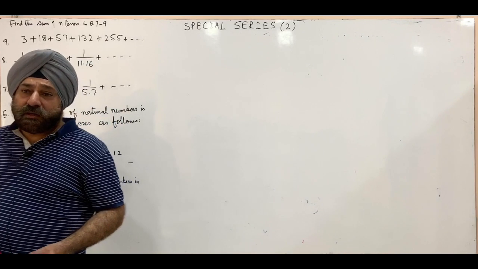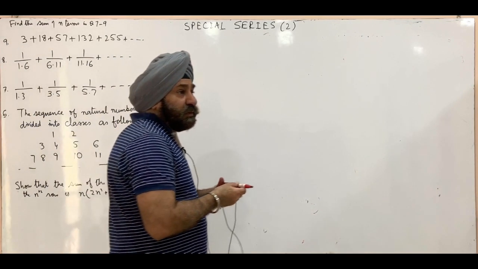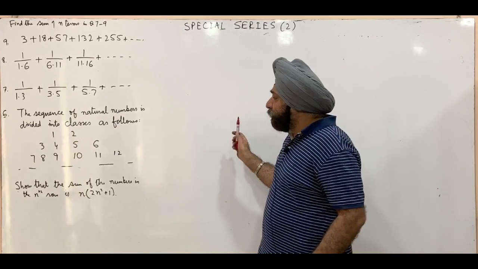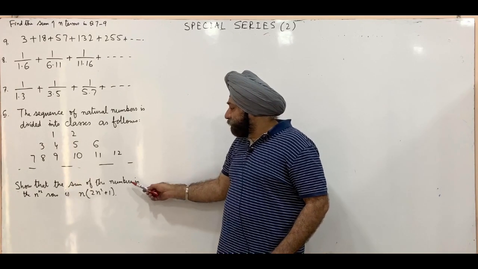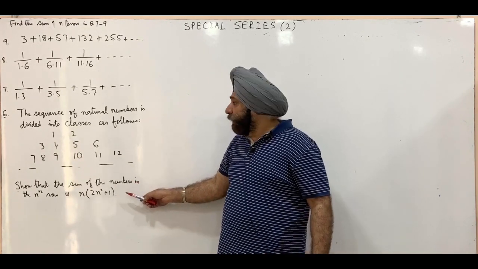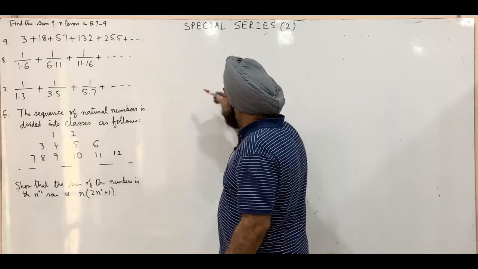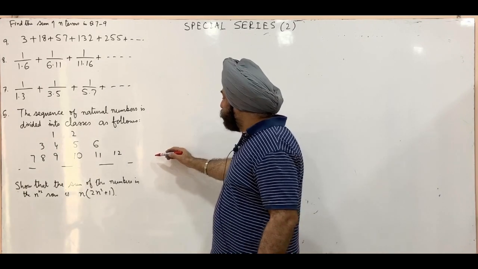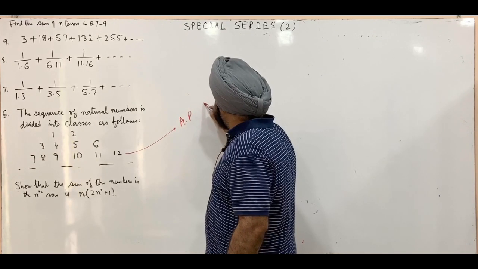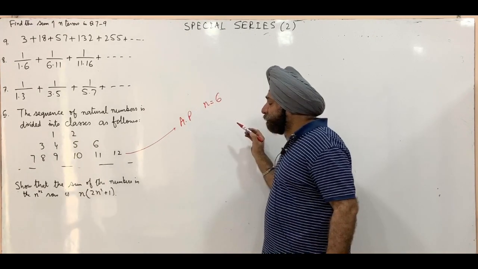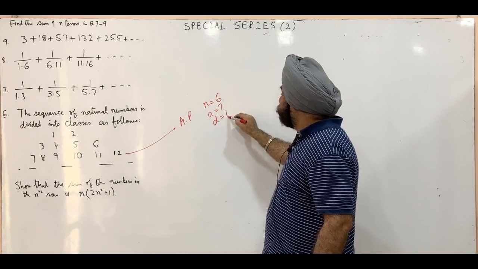Questions involving n are difficult to start with. So we scale down. Let's say I am to find out sum of numbers in the third row. This question is sum of numbers in the nth row. So first of all, let me find out sum of numbers in the third row. So these are elements in the third row. I identify that these are in AP. Number of elements is 6. First term is 7. Common difference is 1.